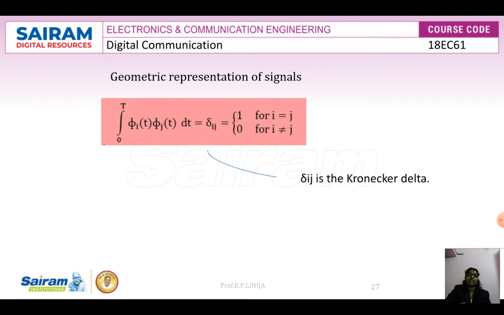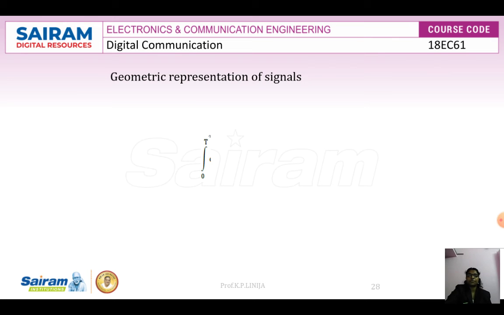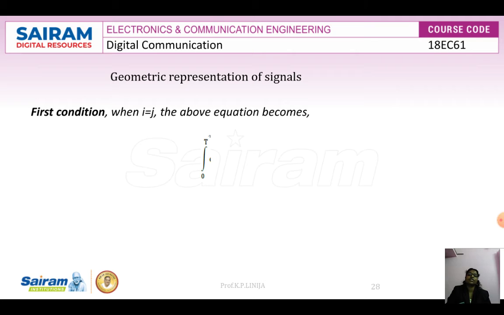The property is that when i is equal to j, delta ij is equal to 1, and for i not equal to j, delta ij is equal to 0. That is called the Kronecker delta function. Delta ij is nothing but the Kronecker delta function. Then there are two conditions to satisfy the Kronecker delta function. In the first condition, we take i equal to j. Therefore, the above equation becomes